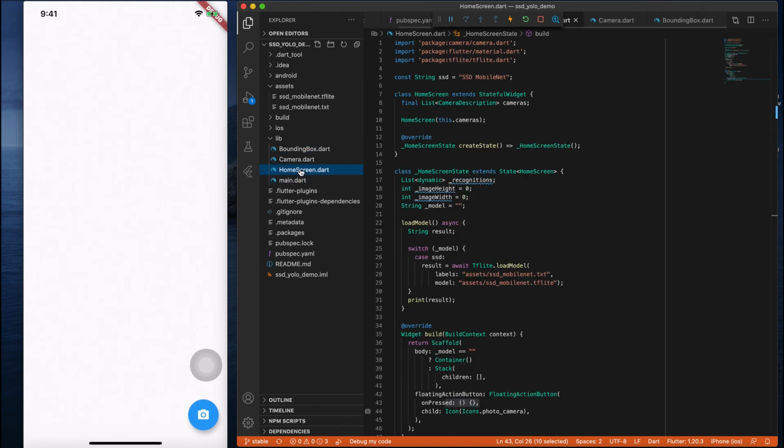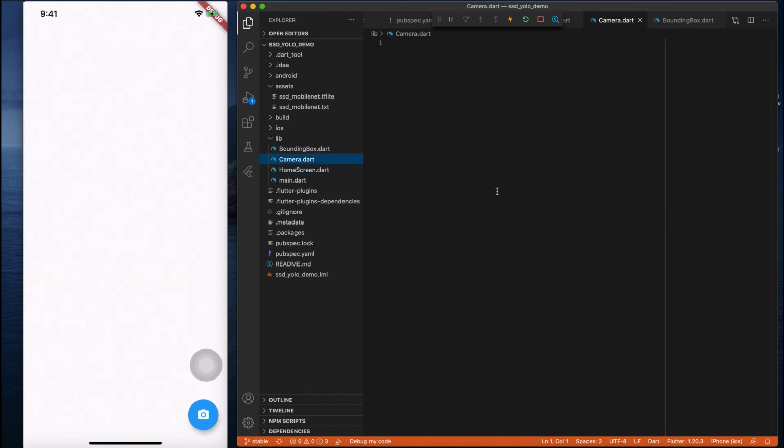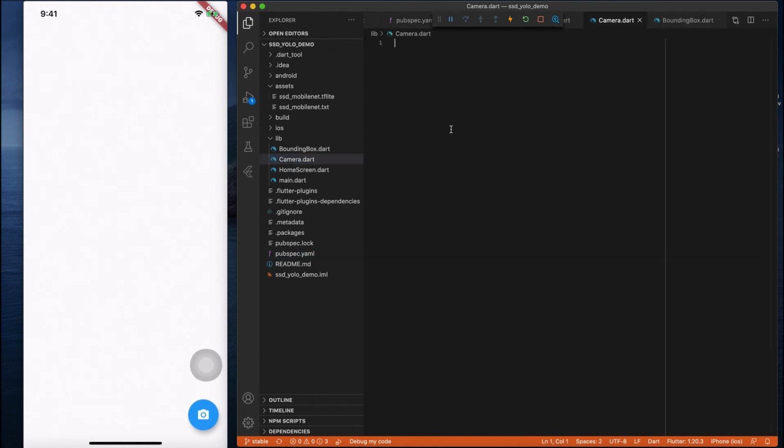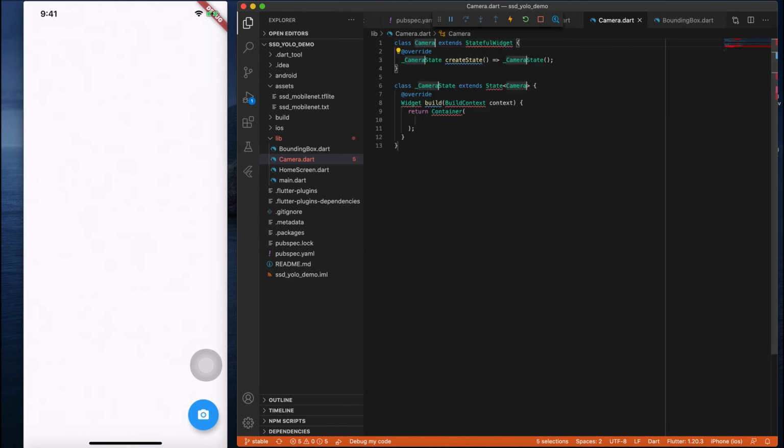Before setting up the home screen, let's create a camera for this. Just inside your camera file, write everything that is required for the camera. The camera is a pre-built functionality which is already available from the package in pubspec.yaml. You just need to integrate the code within your camera. So the first thing, let's create a stateful widget